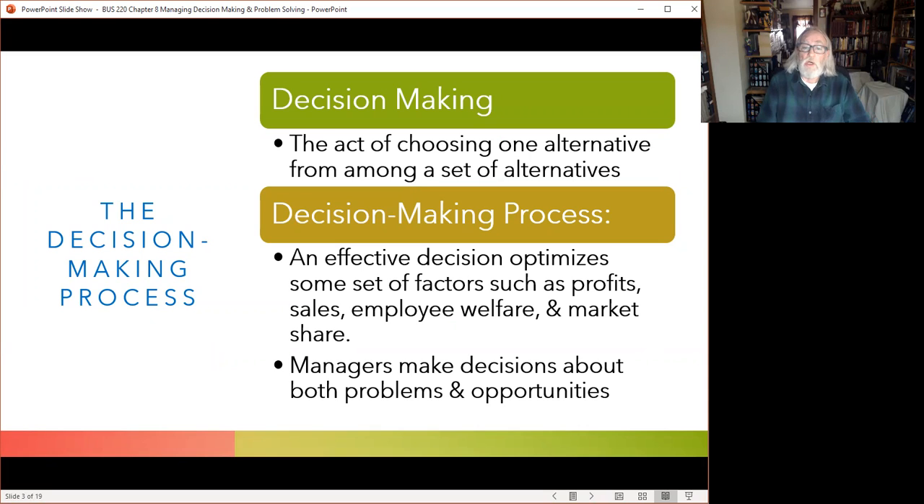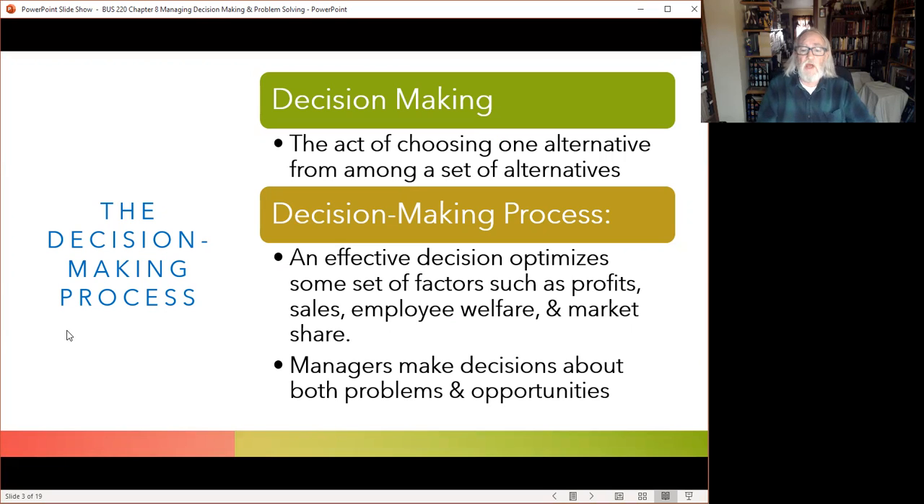and that are characteristics of making effective decisions is that we want to have a goal in mind, a powerful goal that drives us. So it's got to be something that optimizes something that's important to us, like profits or sales or the welfare of our employees, or our market share or our market dominance and so forth. So everything affects our decision making, but it is a process,